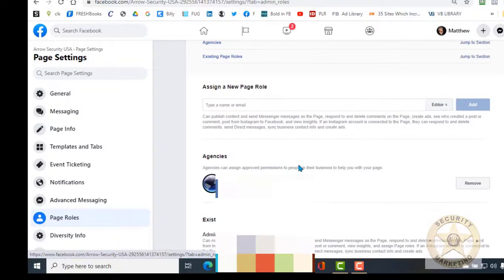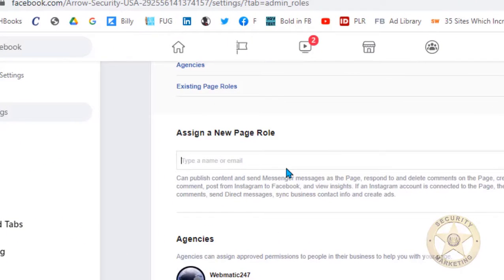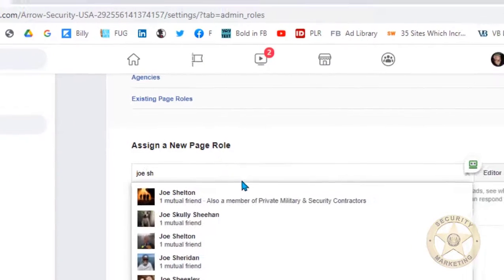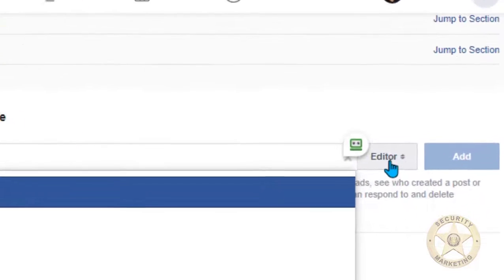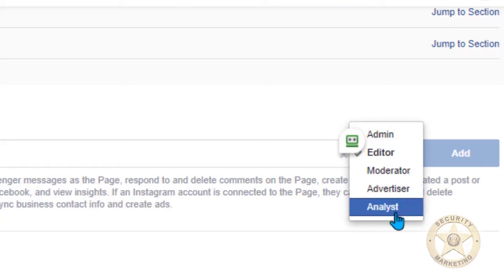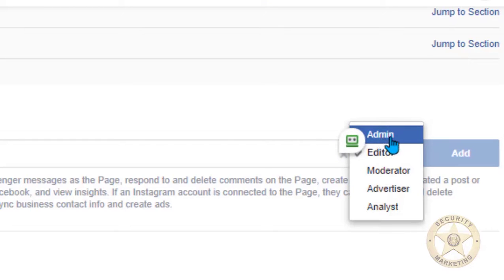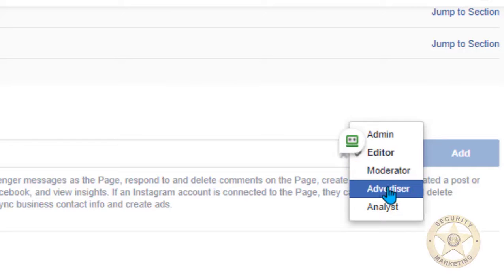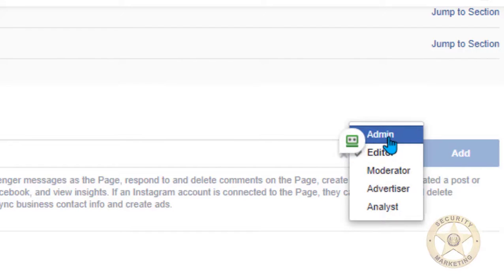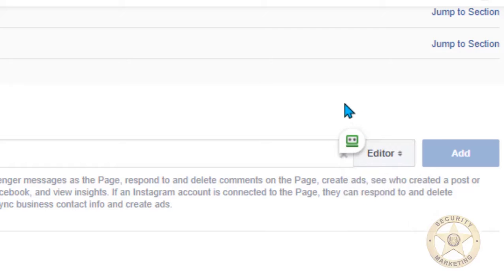Now you can add another person just by typing in their name, like Joe Schmo, if there was a guy named Joe Schmo. And then you can go right here and choose what level you want them to be. You and I are both admins, which means we can do everything on there. And you can make them a moderator if you just wanted them to write posts or whatever. Or if you wanted them to do your advertising, you just make them an advertiser. But most people will either be an editor or an admin, and I suspect you're probably looking for an admin